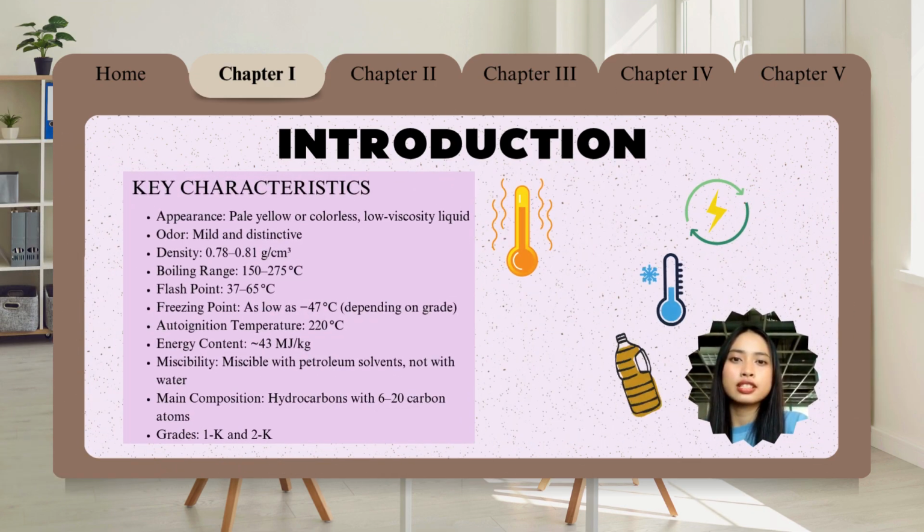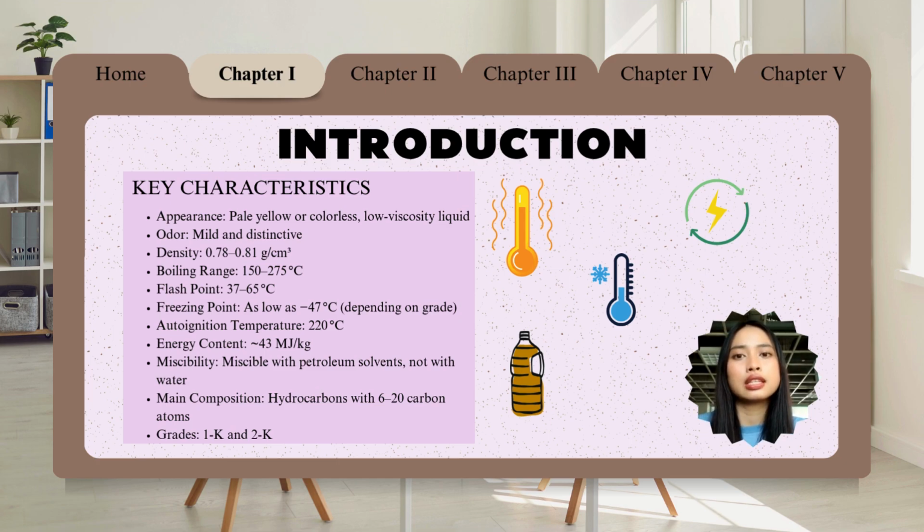For the characteristics of kerosene, kerosene is a pale yellow or colorless liquid with low viscosity. It has a mild, distinct smell. Its density is about 0.78 to 0.81 gram per centimeter cubed, and it boils between 150 to 275 degrees Celsius. The flash point is 37 to 65 degrees Celsius, and it can freeze as low as negative 47 degrees Celsius